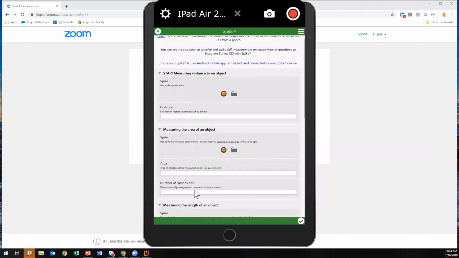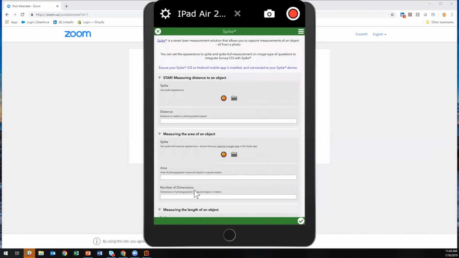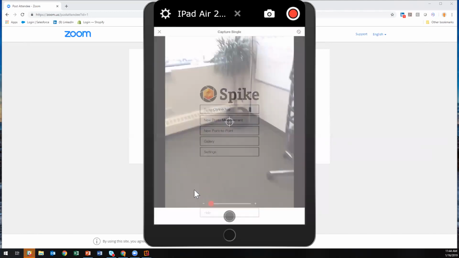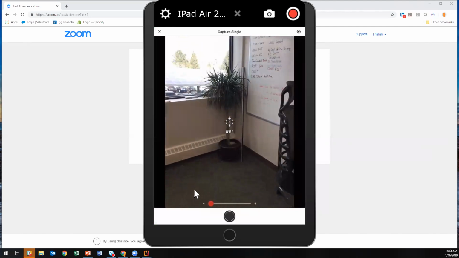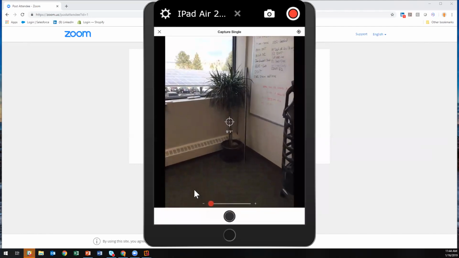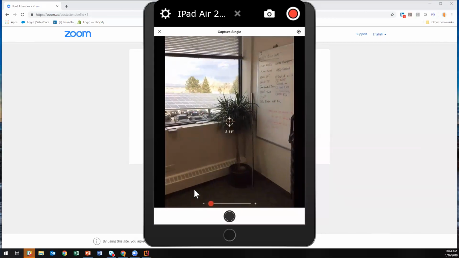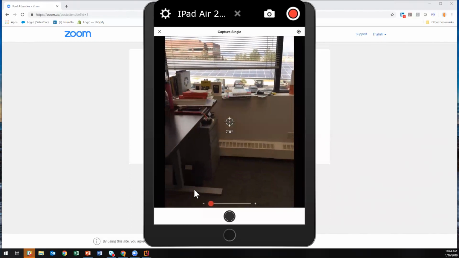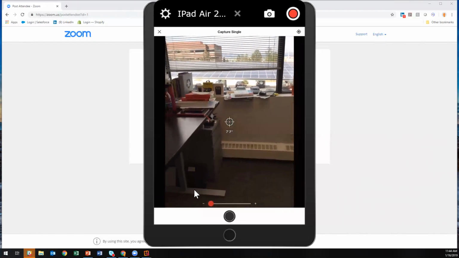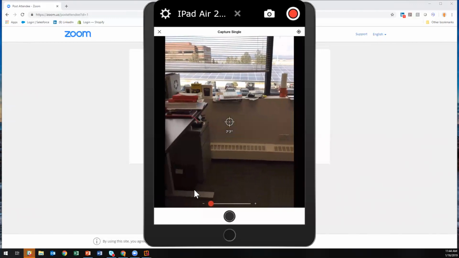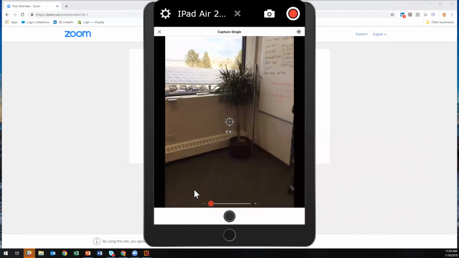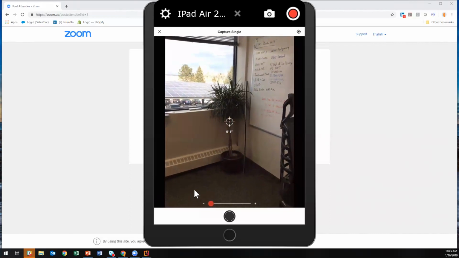So let's say, for example, that I just want to measure the distance to an object, maybe because I'm an insurance adjuster, or I'm somebody looking at liabilities, and I'm looking at a sickly tree. So I go ahead and tap that Spike icon. There's my sickly tree. I don't want that to hit my house, so I'm just going to point it. And by the way, you'll notice that as I move this around, see that little reticle? That's what's giving me my distance to target. 7 feet, 7 inches. And as I go around here, 7 feet, 9, 8, and so on. Well, that's the distance that I'm going to capture.